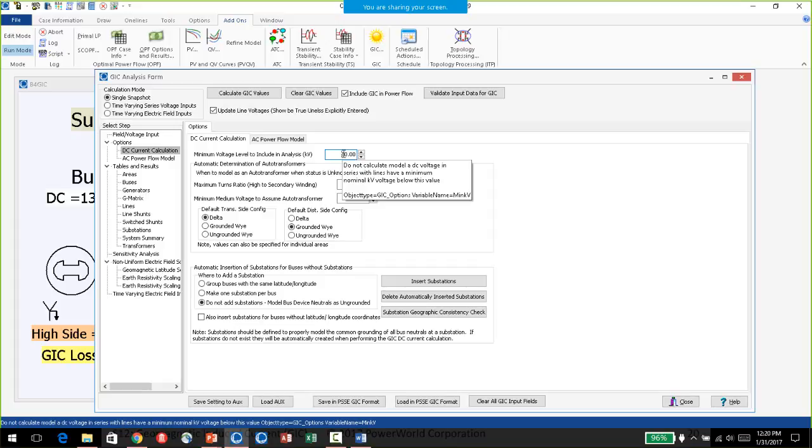I think it really should be lower than 200 though, because the GIC doesn't care what the AC voltage of that line is. If it's a long line or even if it's a short line or a medium line, it's potentially going to induce a GIC voltage on it. So NERC has been working with 200 kV and above, so you could put in 200. But basically, any substation where you've got a transmission line coming into it at that level or higher, you should have coordinates for.